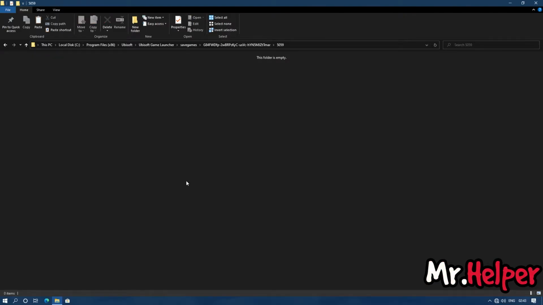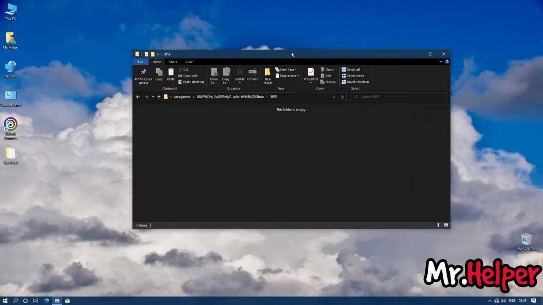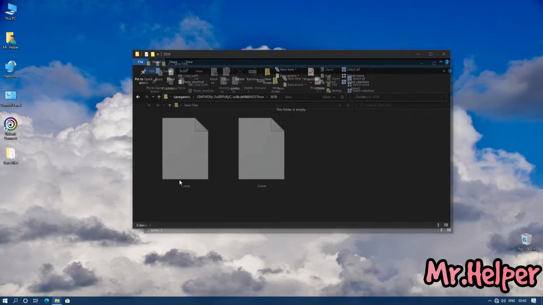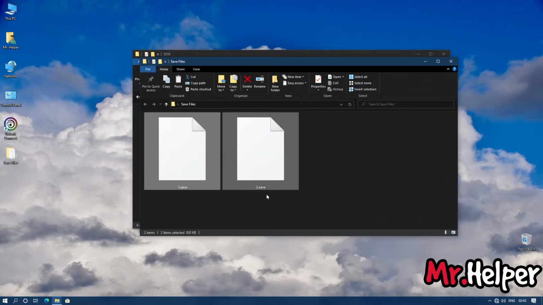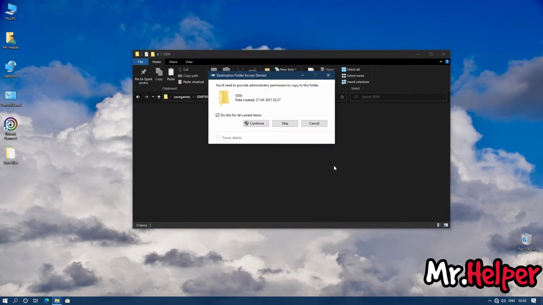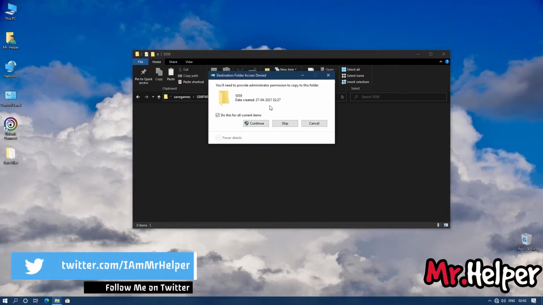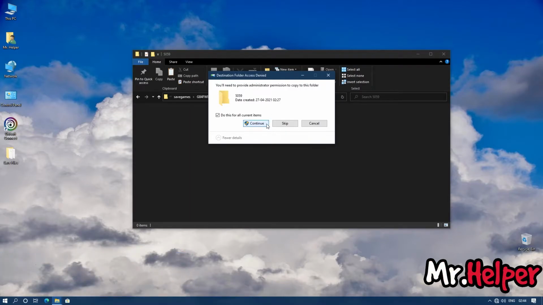So as you can see, there are no save files over here. I have my save files on my desktop. So what you have to do is right click, click on copy, and paste it over here. In my case it requires administrator permission to copy this file to this folder. Click on continue.